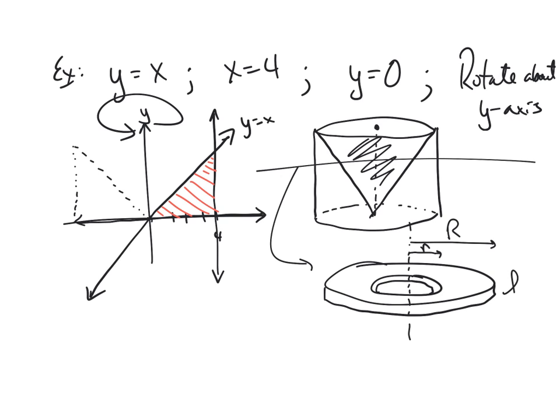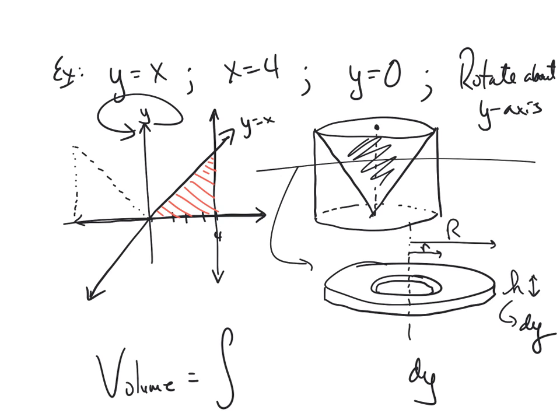As always, we're going to need to consider the height. All right, and the question is, is that height vertical or horizontal? Well, in this case, that height is vertical, which means this is going to then become the differential dy. And therefore, our volume that we're going to calculate is going to be a definite integral with a dy on the end. So the rest of our working formula then is pi times big R squared minus little r squared,